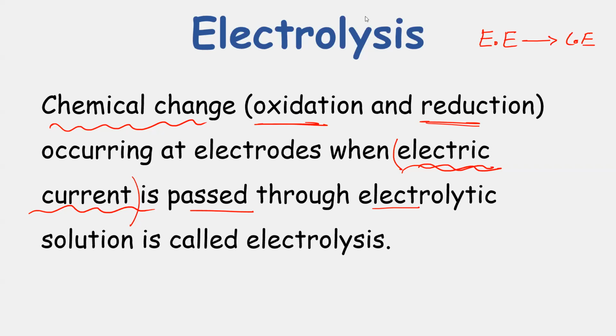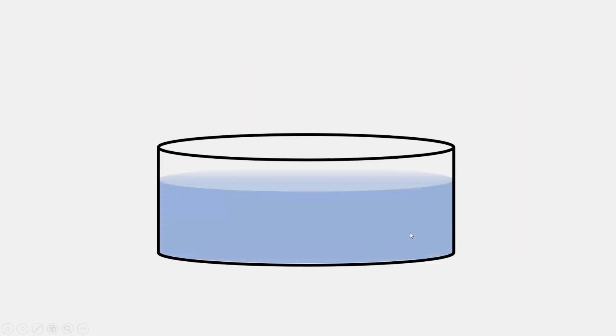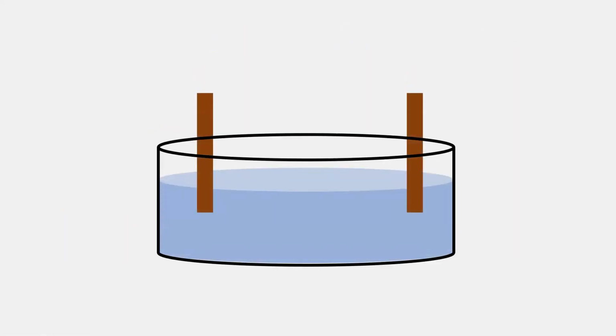Now, for example, I will need a few of you to answer me some things. We have this container. In this, we can fill water. We can put 2 electrodes. After the electrodes, we will put the wire and a battery. Why are we putting a battery? Because we will be giving electricity. We are not generating electricity now, we are providing electricity to the components. Now we have a positive charge here, and we will have a negative charge here, correct?